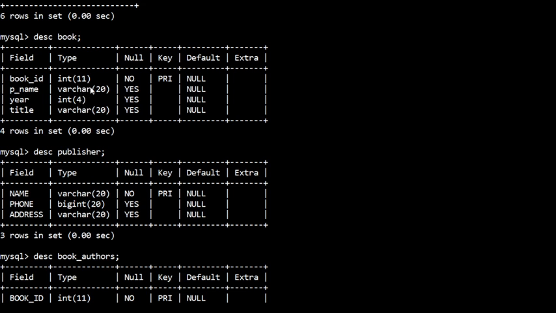Now if the data types are not matching, for example if you have given char of 10 here and varchar of 20 there, then you cannot add the foreign key. And if you have not set name in the publisher as the primary key, then also it is not possible to add the foreign key. So these conditions you have to remember.